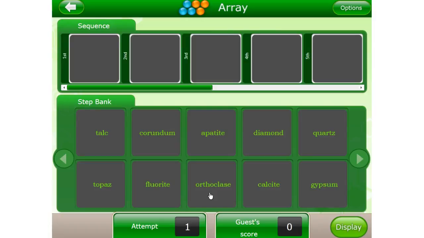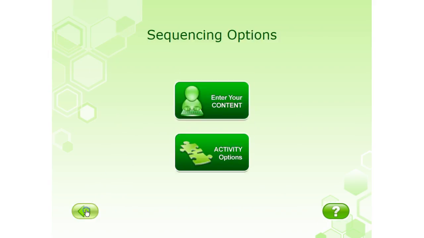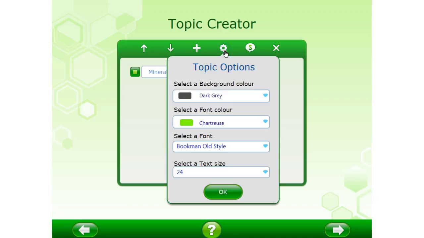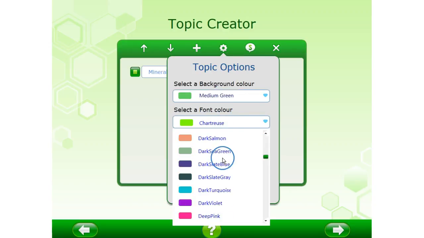For the student that I have in mind, they may wish to make some changes to the way these steps appear within the activities. To do this, return and click on the Enter Your Content button, select the topic, and then begin to make the changes to make it easier for the student to learn that sequence. They may wish to change the topic options